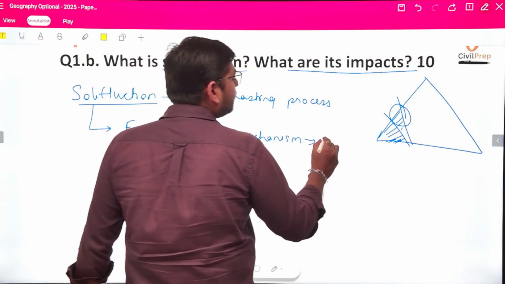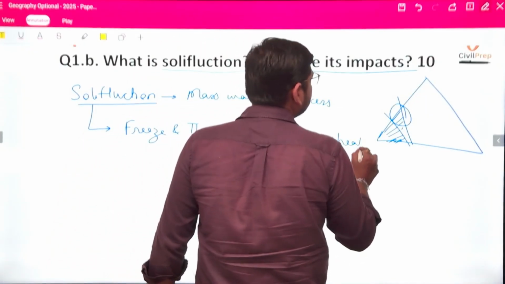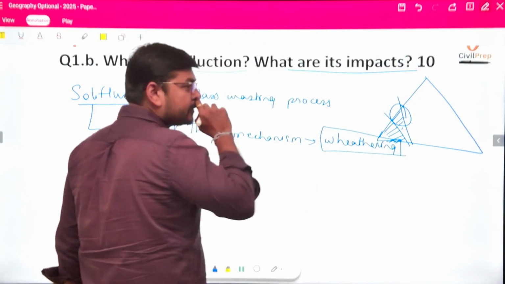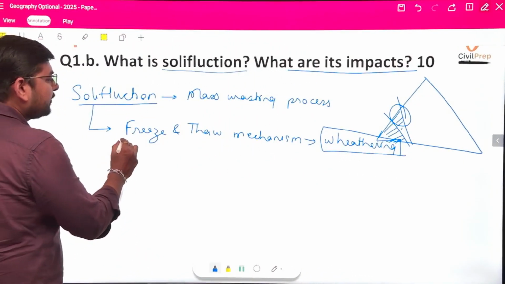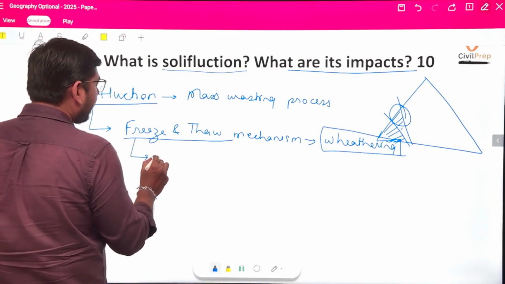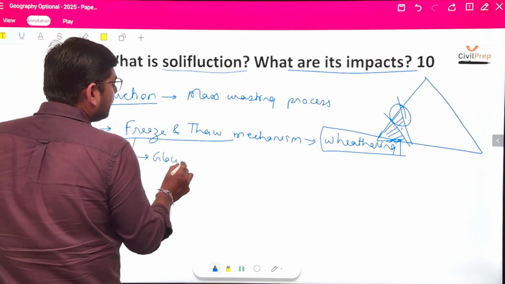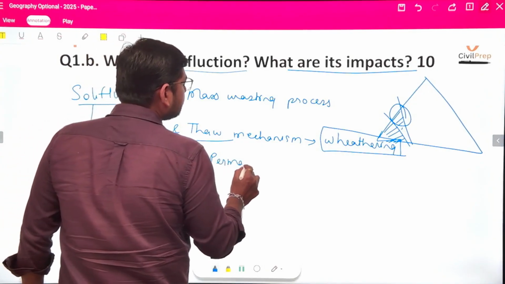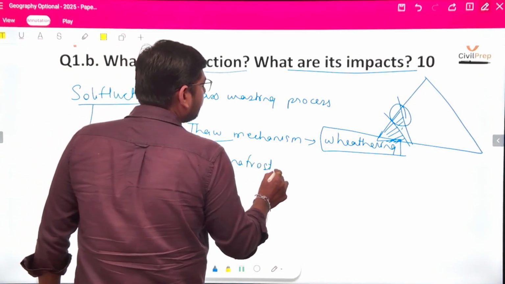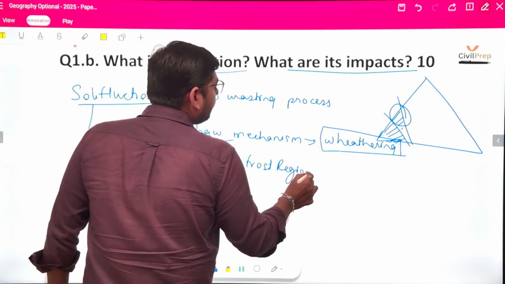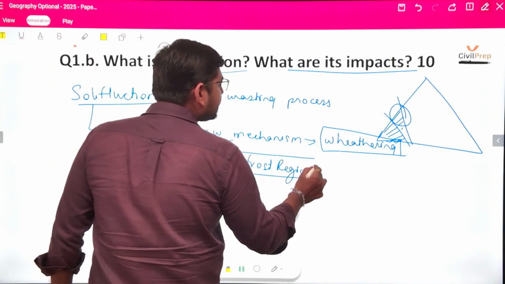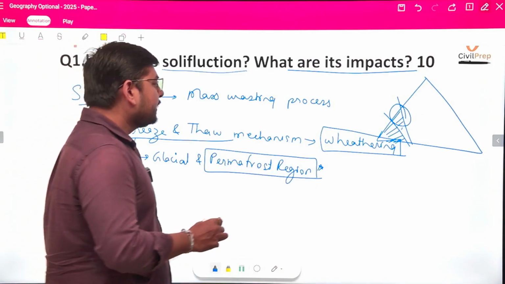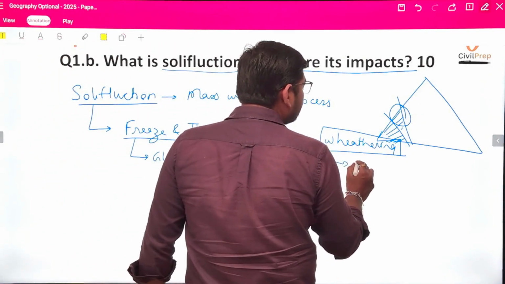Which is basically a part of weathering. Okay, so this is a freeze and thaw mechanism which is taking place in the glacial and permafrost region. So permafrost region here is very important. When we talk about the glacial and the permafrost region, this is also explained by Peltier